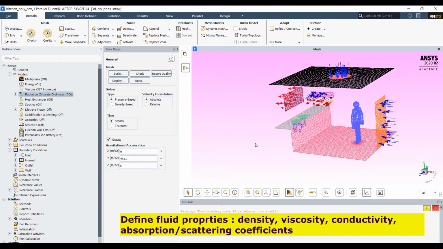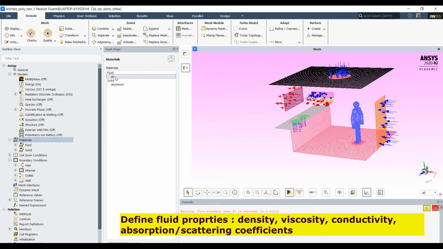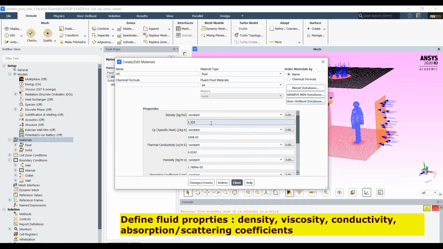Okay. The next step is the material. I'm using air here as a material. Density is 1.22 kg per meter cube. Specific heat is around 1000 joule per kg Kelvin. Thermal conductivity is 0.0242.